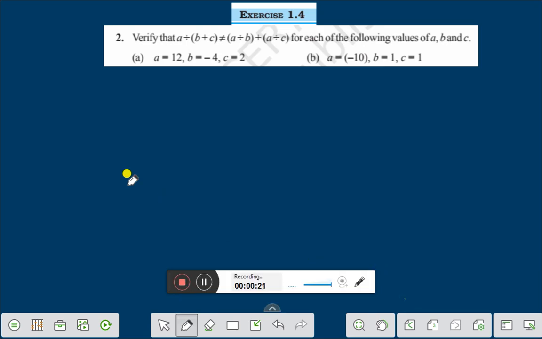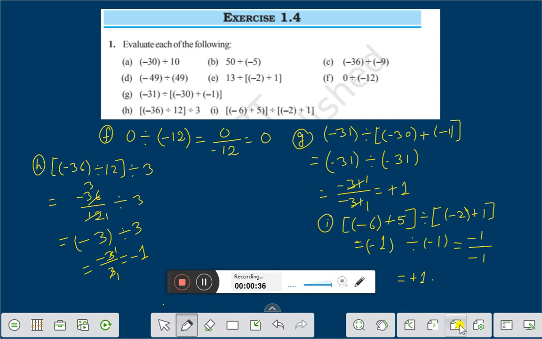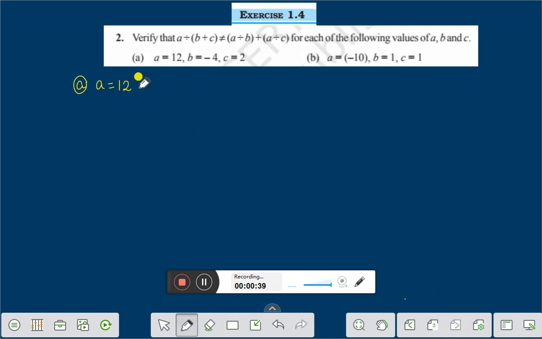The first question is, the value of a is equal to 12. The value of b is equal to minus 4, and value of c is equal to 2. Now we find left hand side, LHS, left hand side